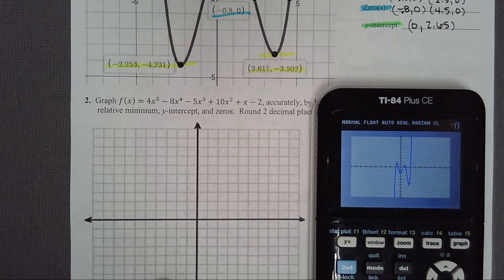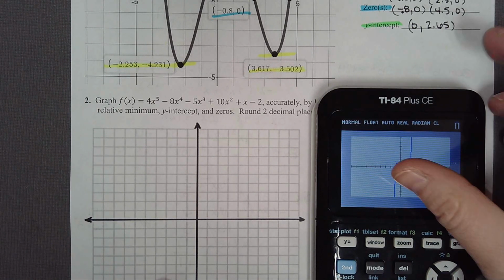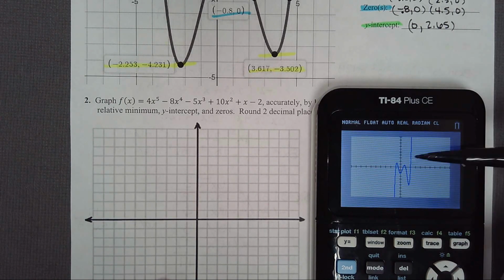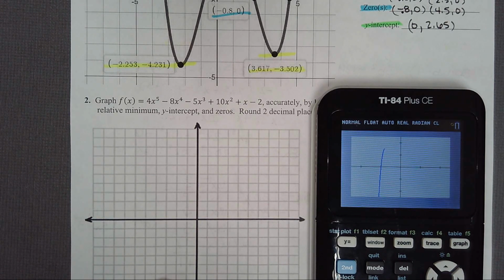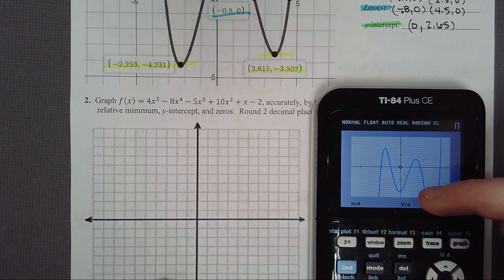Okay, so what we see is we have a max, a min, and a min. Now, if you can't see it very well, if you hit zoom in to, and you hit enter on the center, you should be able to see your zeros a little bit clearer. Now, your min might be missing. Okay, so I'm not sure if I can get the min off of this, but we'll try based on my